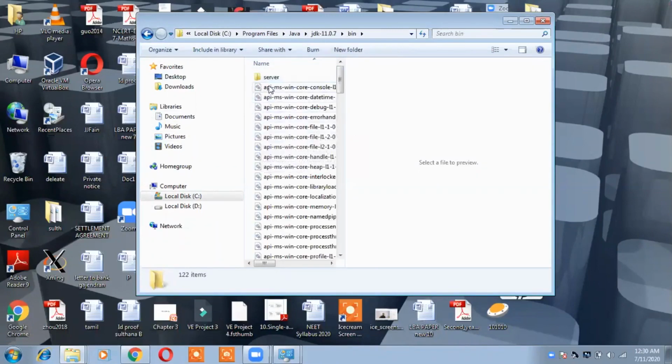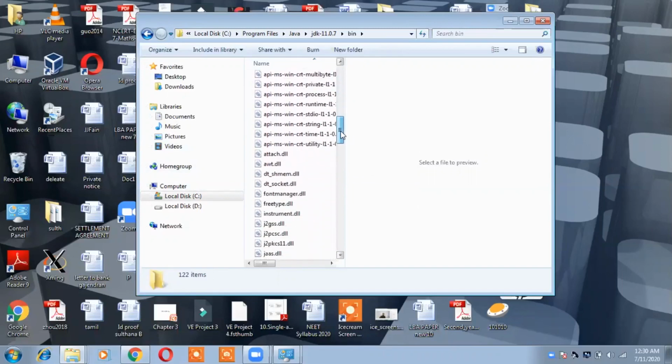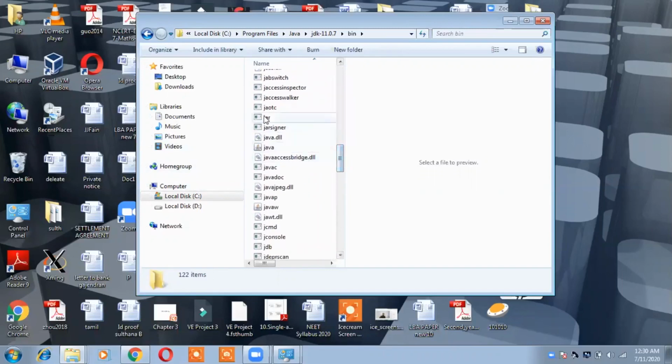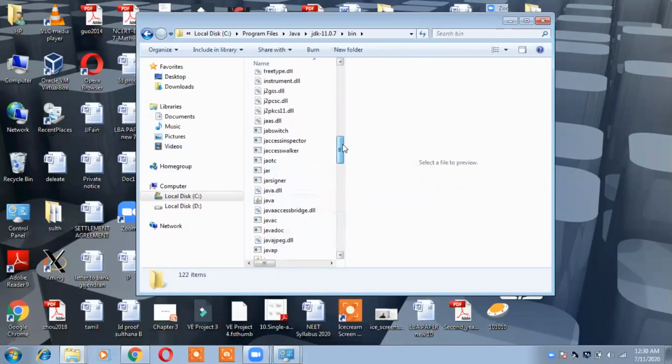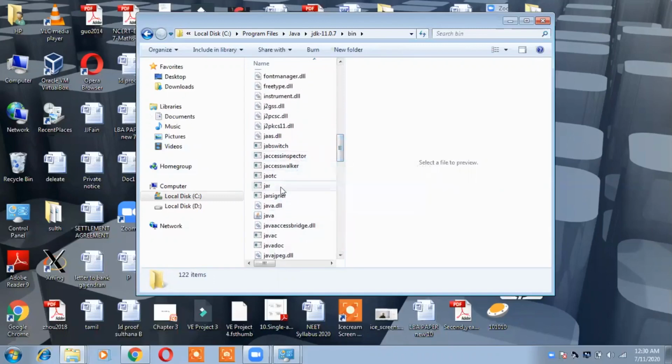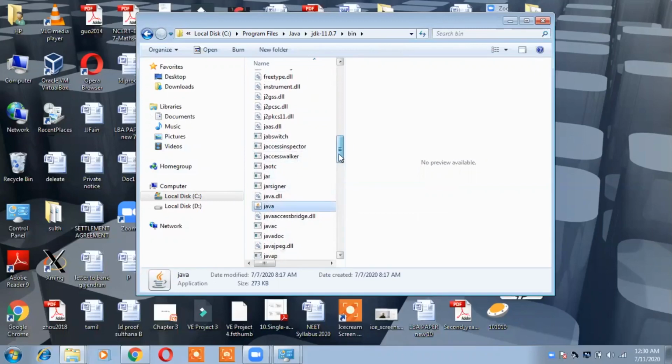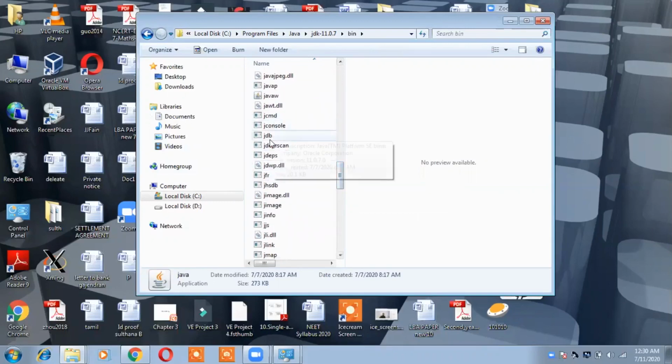You can see it. JDK offers you a number of APIs to develop your Java program, and your tools. See here, you can see the tools. The tools are the interpreter java, and then javac, which is your compiler.